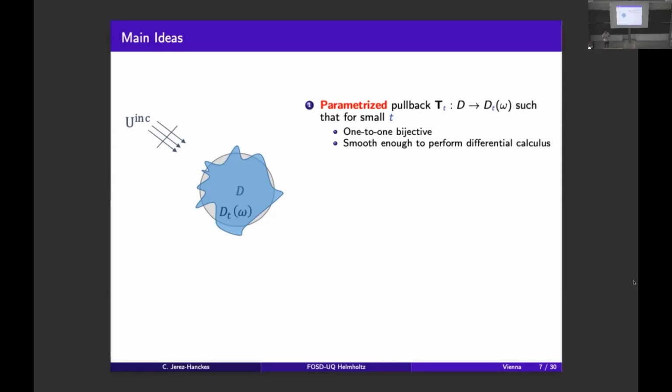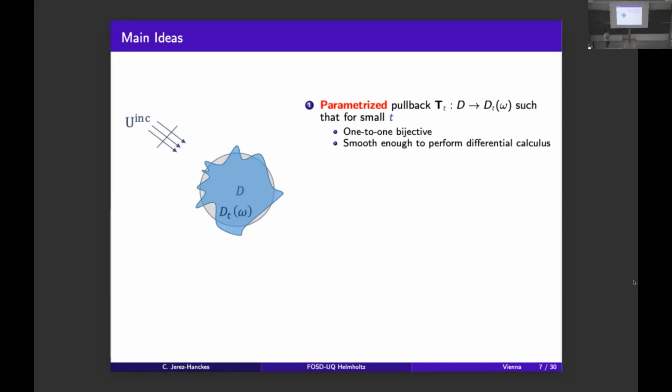And then we will see that this size of a perturbation is relative somehow to the wavelength. So here we'll just talk about T, but then when we see the numerics, we will clearly see that this T has to do with the wave number or the wavelength that we're dealing with. Okay, so we have a nominal domain D, and then we have this mapping onto this